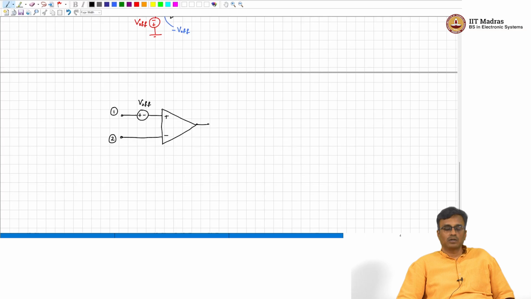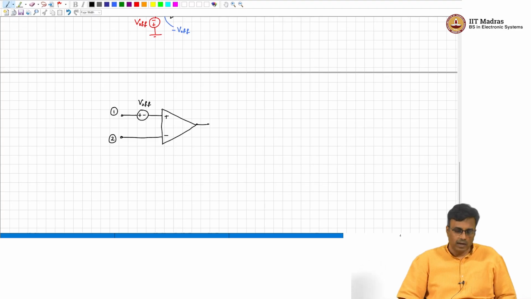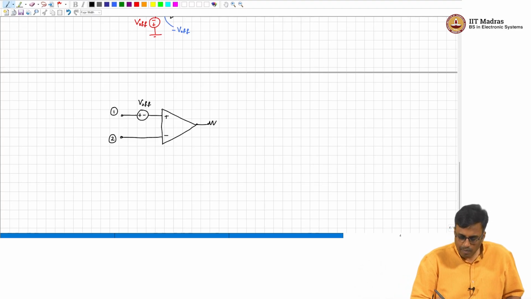So far we assumed that the output impedance of the op amp is actually 0, but please bear in mind that nothing in the world which is supposed to be 0 will be 0, and nothing in the world that is supposed to be infinite will be infinite, right. So, in reality every op amp will also have some finite output resistance